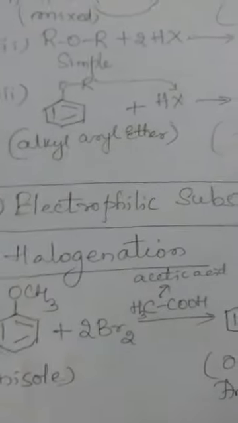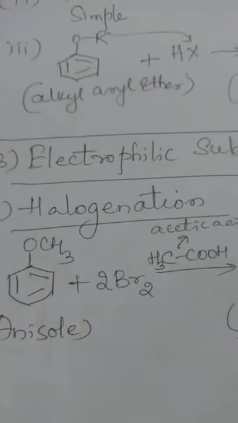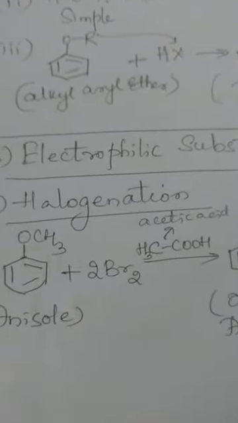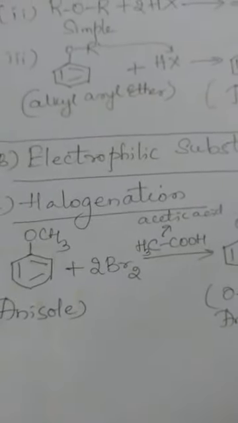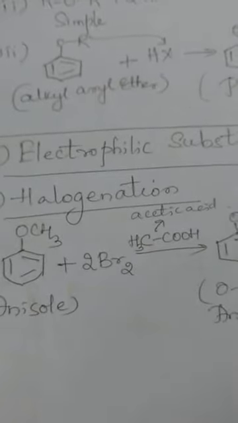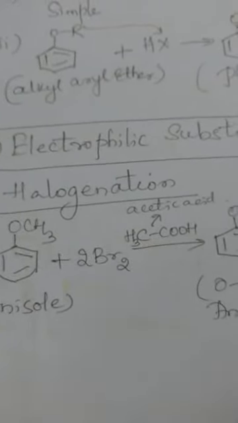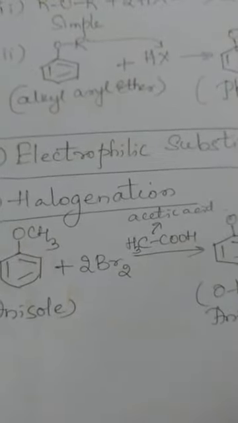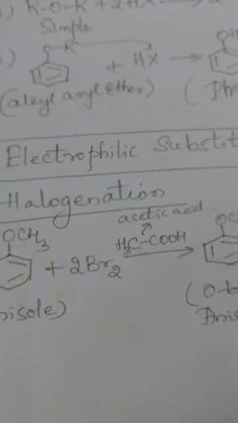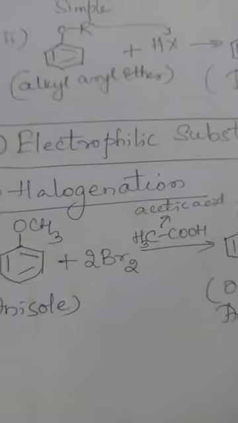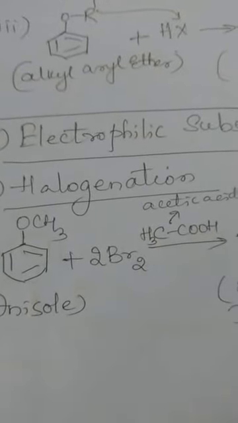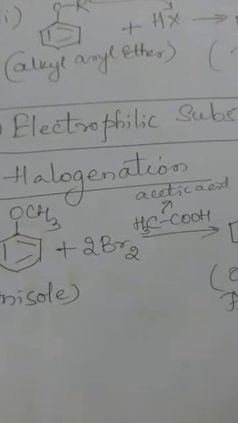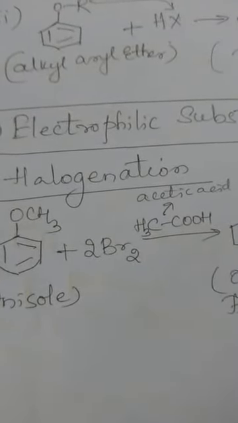Now coming to the first electrophilic substitution reaction, halogenation. In particular, I will take the example of bromination. Now anisole is heated with bromine in acetic acid. As you all know, bromine is a reddish brown colored liquid. Acetic acid formula is CH3COOH. So anisole on heating with bromine in acetic acid, you will get a mixture of ortho and